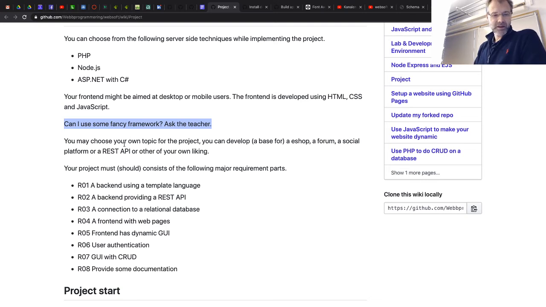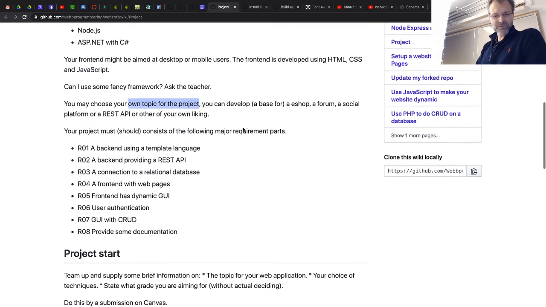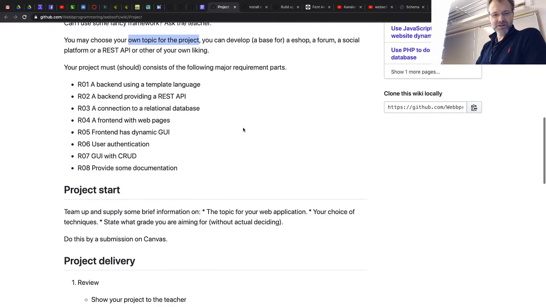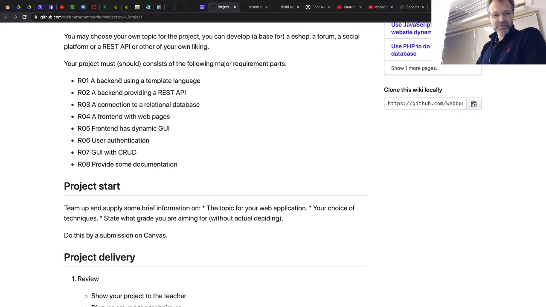So I did like this. I really don't mind. You can choose your own topic of the web application. So feel free to do that. There are some requirements here that I want all applications to have. I would like to see a backend that is using a template language